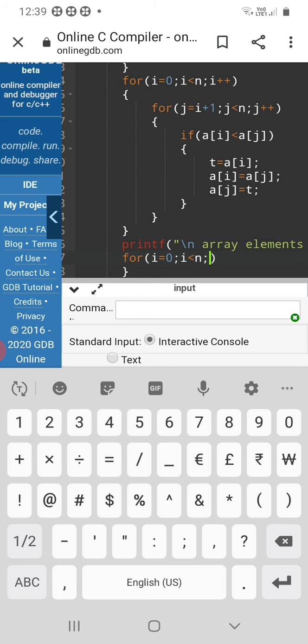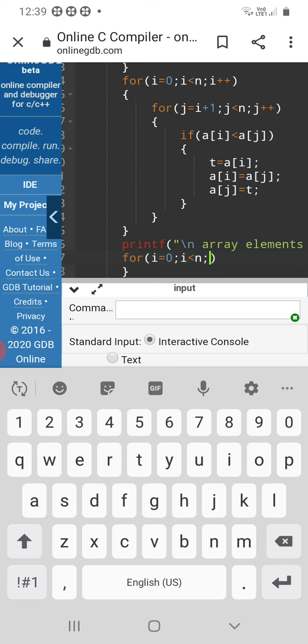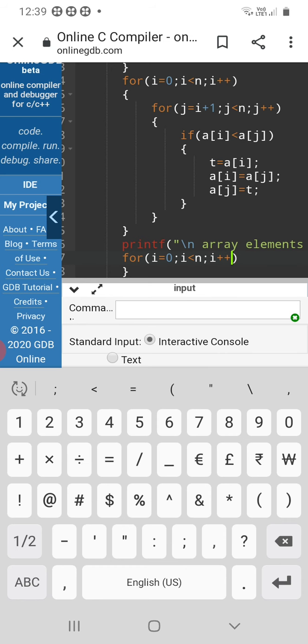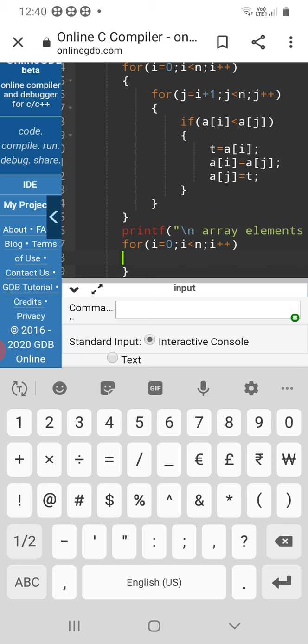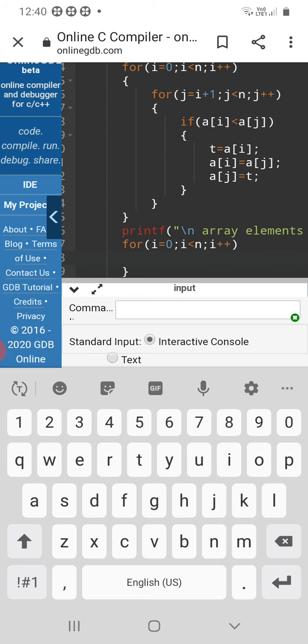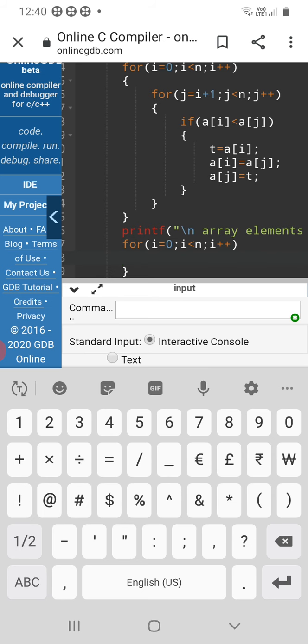Next, post-incrementing the variable i, i plus plus. Next, opening the loop using the left brace.